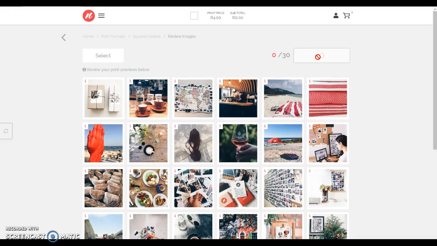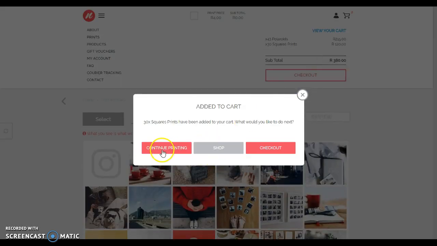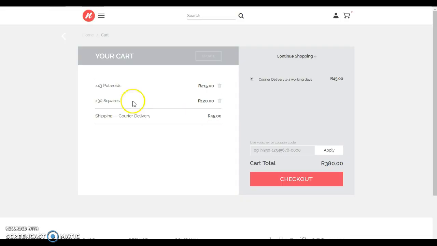So you'll see in my cart now I should have two formats. You're not going to print anymore. The shop basically will take you to our shop if you're looking for products, but in this case we're going to check out. You'll see that we've got your format and your delivery option, 1 to 4 days. You can hit the checkout button and that's going to start the entire checkout process.